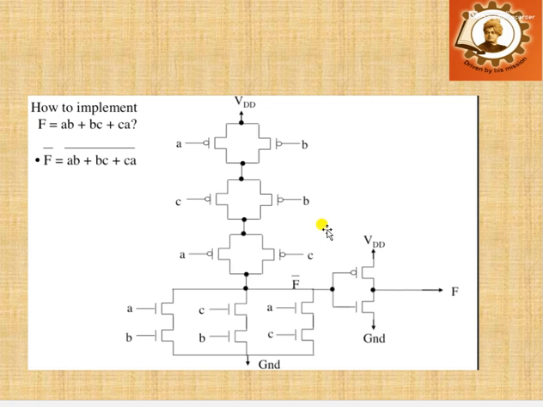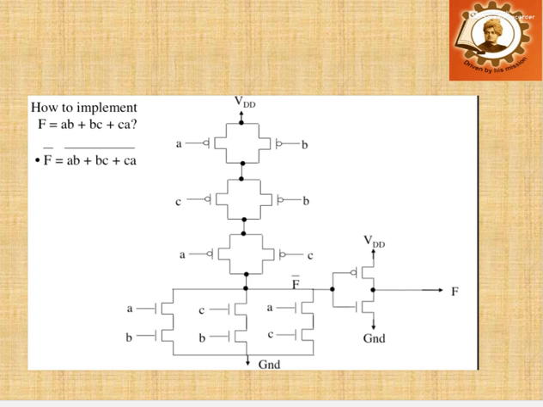The entire circuit we get just by adding our pull up network and pull down network, and we are getting the complement of the output, F bar, from the junction of the pull up network and pull down network. Since we are getting a complement, this output is fed to an inverter, a CMOS inverter as shown in the figure, and exactly at the output of the CMOS inverter